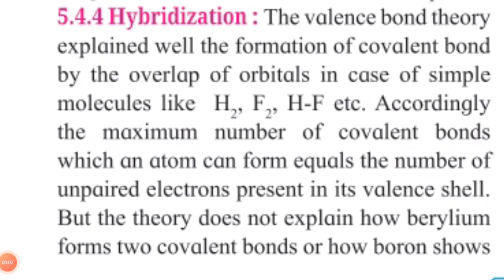Hybridization. The valence bond theory explains well the formation of covalent bonds by the overlap of orbitals in the case of simple molecules like hydrogen, fluorine, hydrogen fluoride, etc. Accordingly, the maximum number of covalent bonds which an atom can form equals the number of unpaired electrons present in its valence shell. But the theory does not explain how beryllium forms two covalent bonds or how boron shows